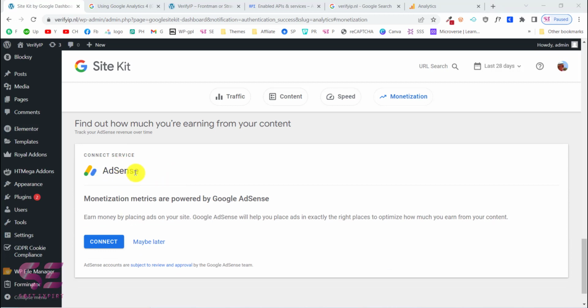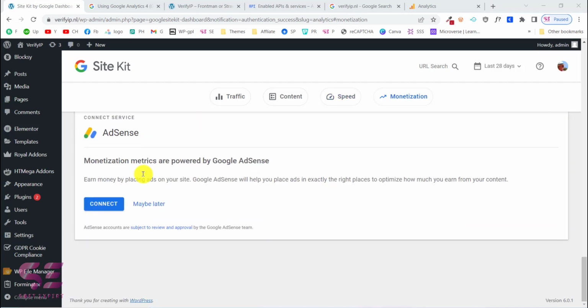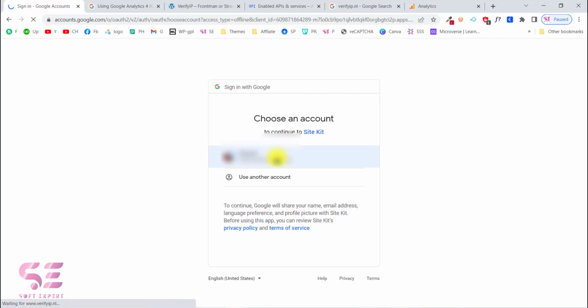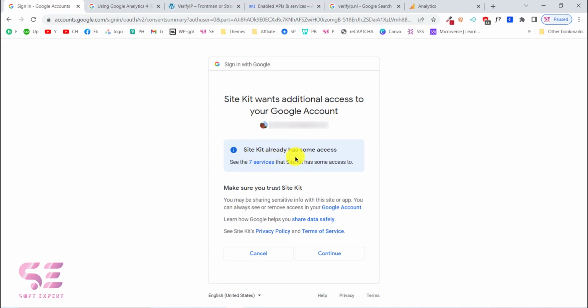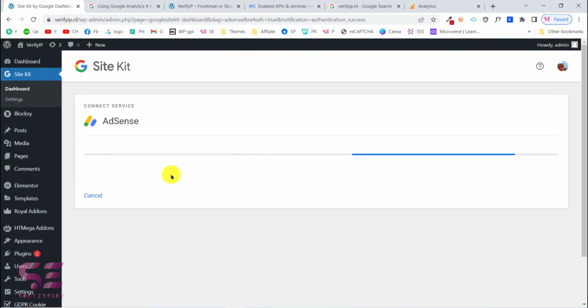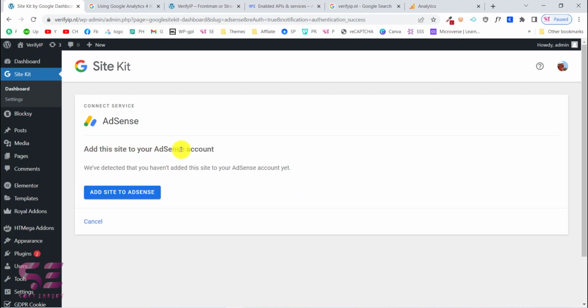So let's quickly set up AdSense also. We will scroll down and click connect for AdSense. We will log in with a Gmail, and this plugin requires access to 7 services, which is fine. We will continue this, and now we can add this website to AdSense for approval. So just click on this,